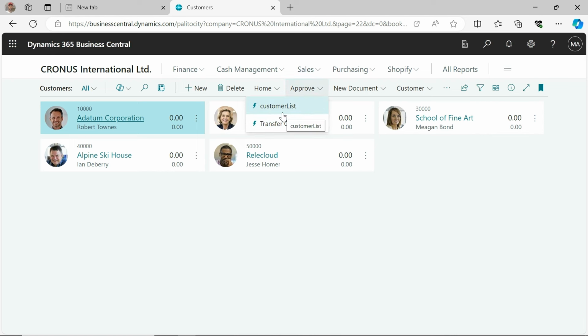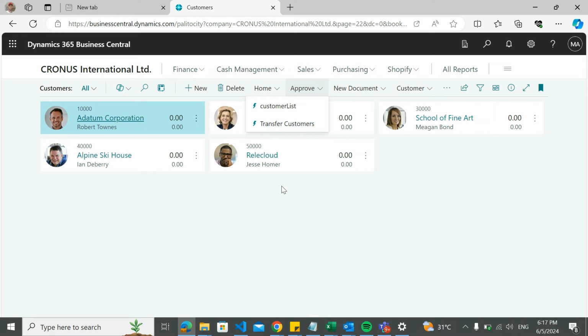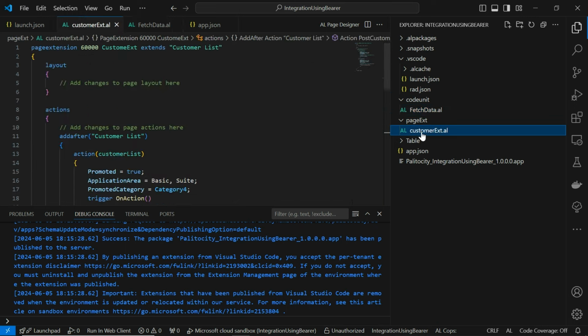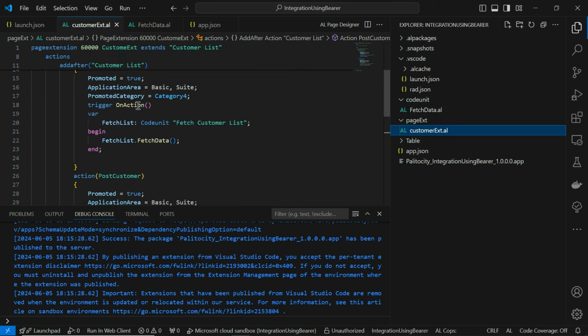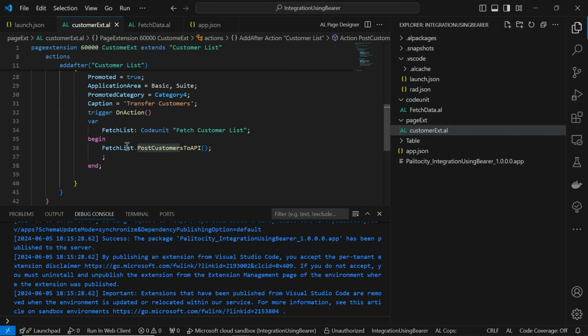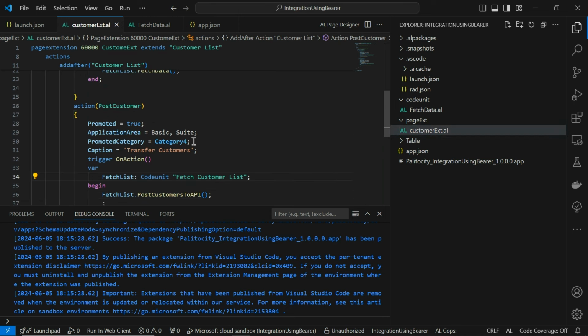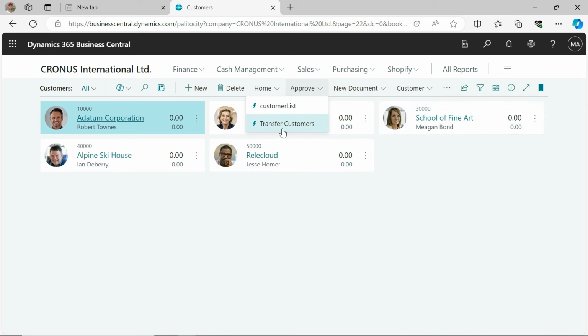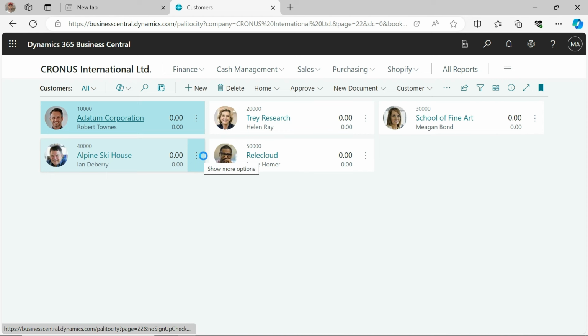So we have two action buttons, and so I don't forget, I added an action button also. So let me just go there so it doesn't look like magic. From the page extension, I added the customer list and also post customer, which is almost a replica of what we did earlier, just for me to call the function that we just wrote. So I can go ahead and say transfer customer. Once I do this,